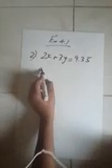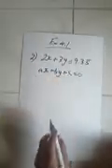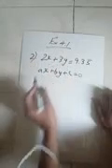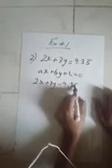I am reading the question. Express the following equations in the form ax + by + c = 0. That is the standard form. It means I have to change this into this form, and indicate the values of a, b and c. Very simple. Transposing this side: 2x + 3y - 9 = 0. So a is 2, b is 3, c is -9.